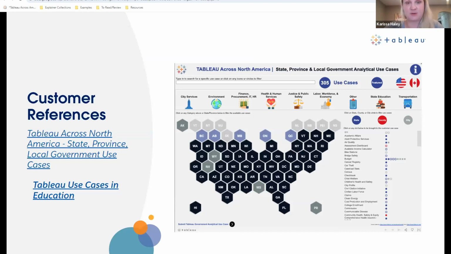So depending on if you are state, local, or education here, you're able to go through and take a look at what your peers are doing and making public facing. Again, if anything is internal to them, it won't be on this website, obviously, but it's just a place to go to get some inspiration or just check out what your peers are doing across the US.